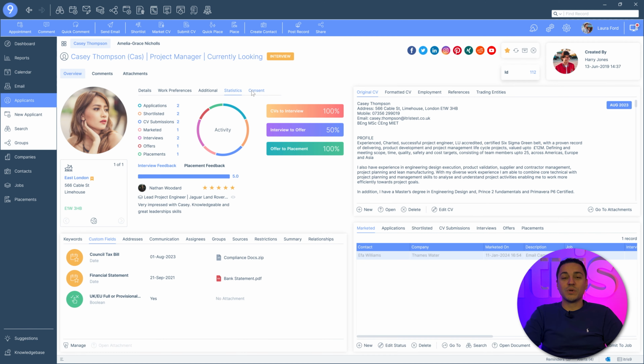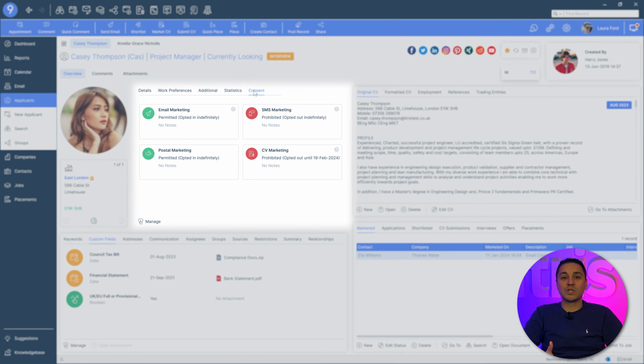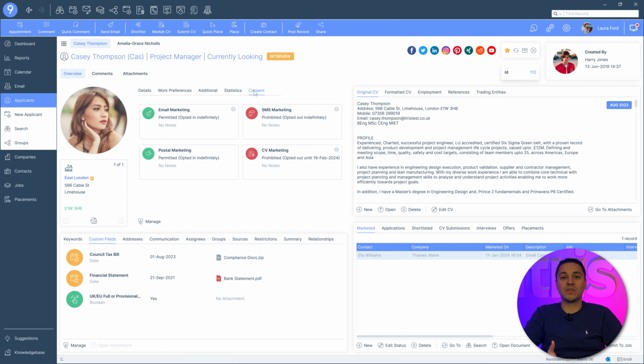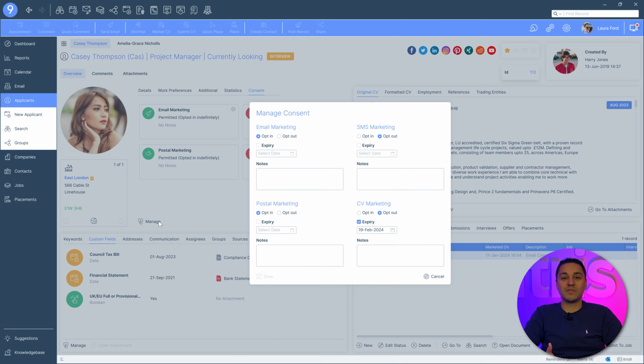On applicant records, we also have a consent area. This allows you to manage preferences in terms of how you will be communicating with that applicant. So you have the ability to turn off email functionality, text functionality, or whether you can spec out their CV or market their CV to clients. And this can also be set as an indefinite expiration date, or you can set a specific time